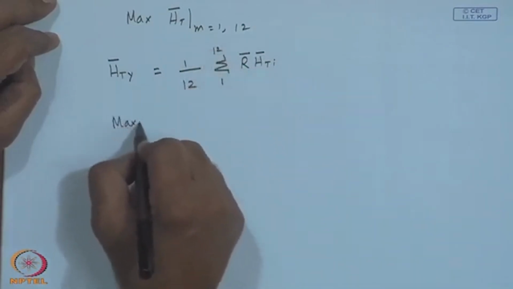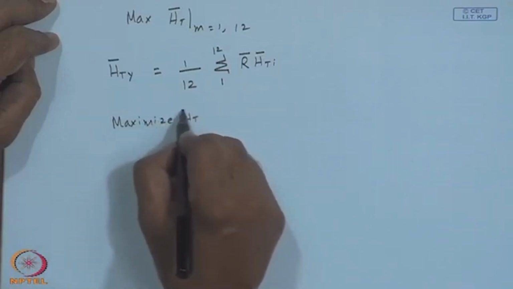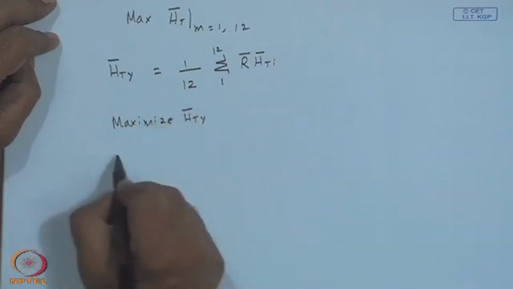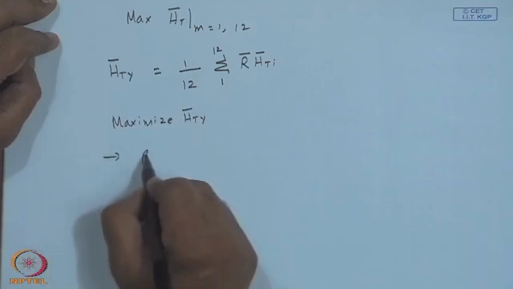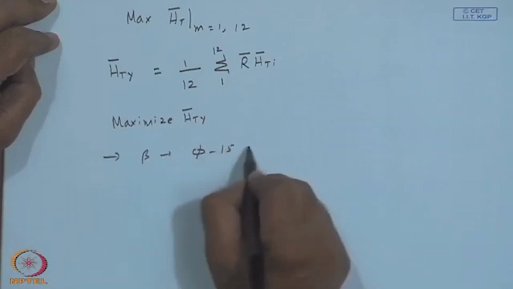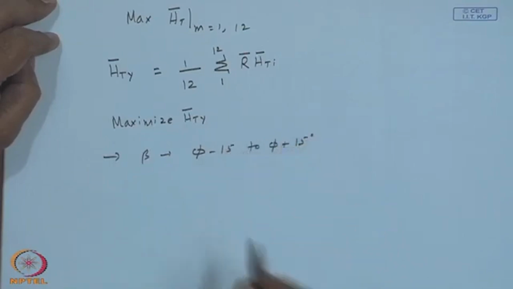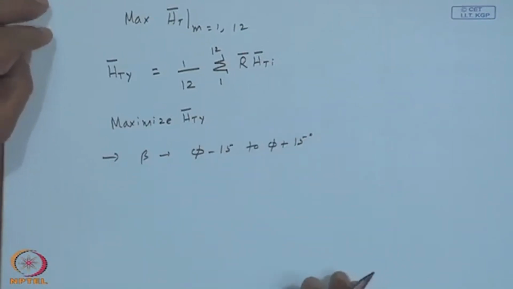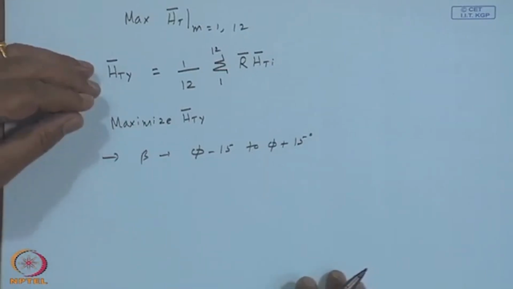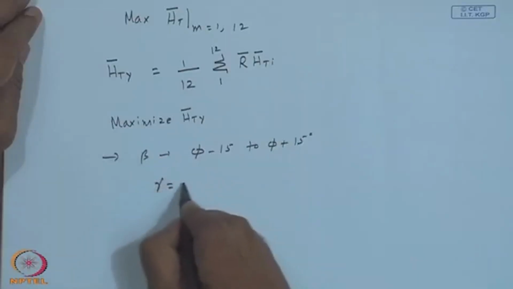Maximize H T bar y. So, what you do is start with beta something like phi minus 15 to phi plus 15, because we got a thumb rule, it is about 10 degrees. So, I go minus plus 15 degrees over the latitude